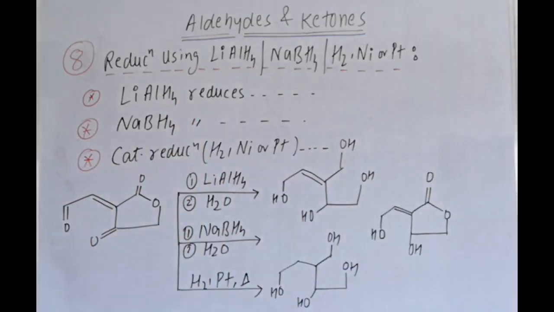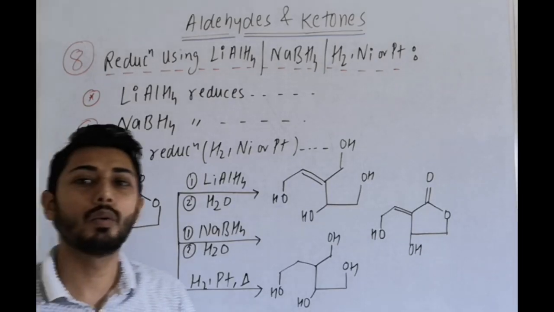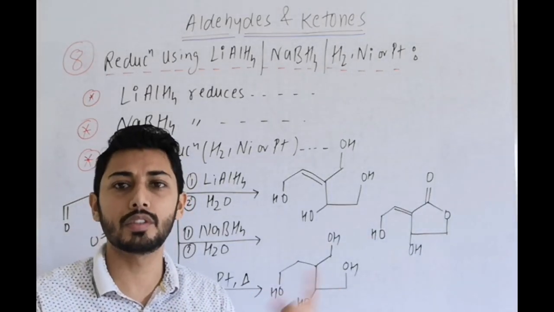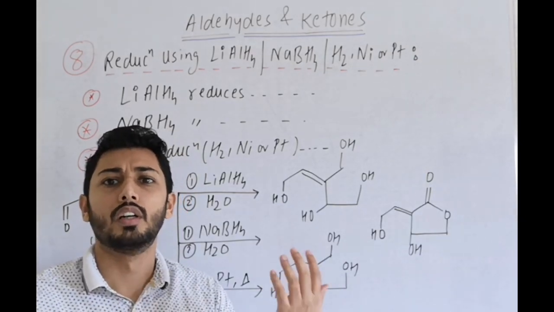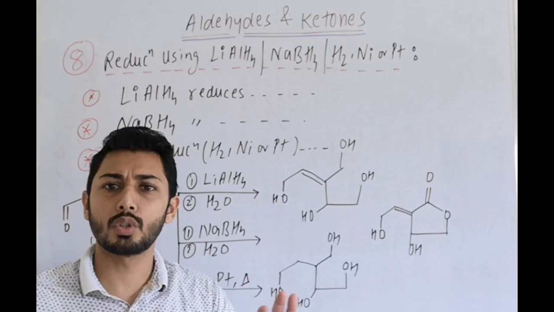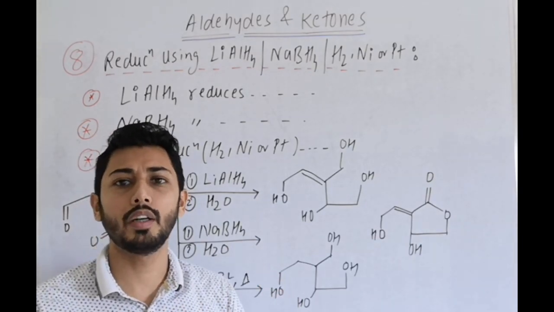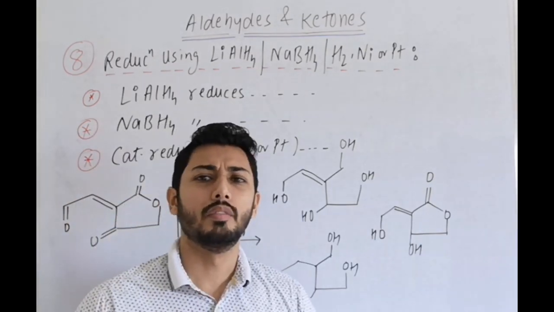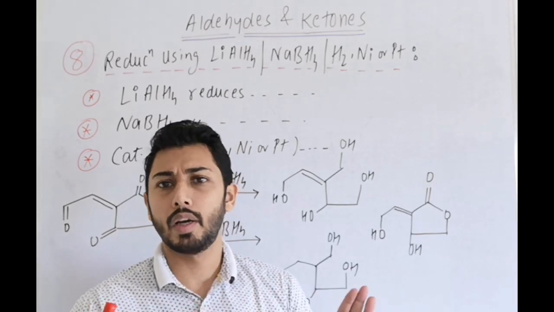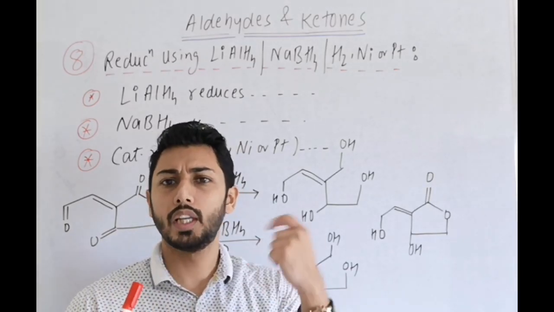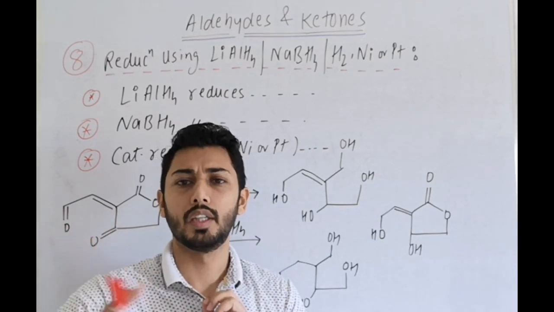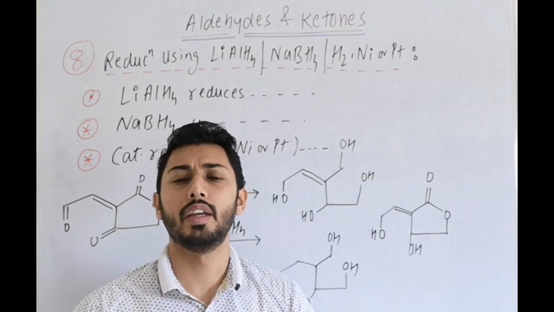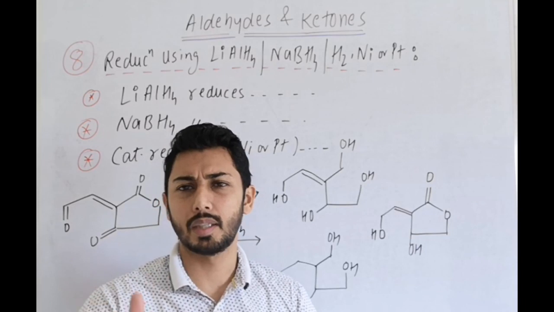Lithium aluminum hydride reduces almost all functional groups like carbonyl compounds, aldehyde, ketone, and also acid halide, carboxylic acid, ester, amide. It reduces almost all functional groups. Double bonds and triple bonds are not easily reduced by lithium aluminum hydride. So in our syllabus we use it only in the case of the cinnamyl system, where the double bond is reduced. Otherwise, generally that example is not there.